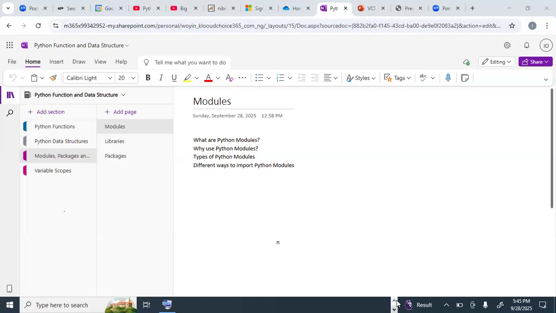Another thing a module does is help in debugging code easily. What do I mean by that? In a case whereby you are working with modules, which we are going to see in a second, while working with modules,